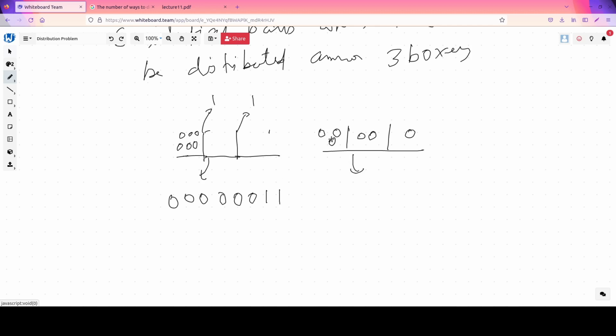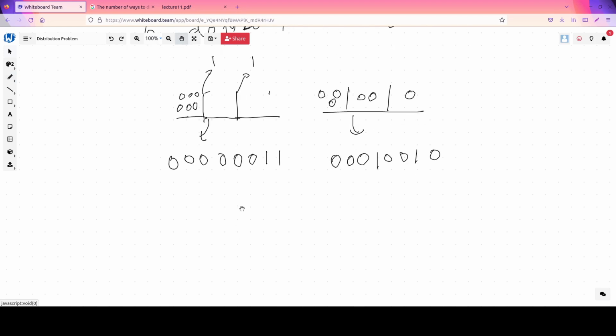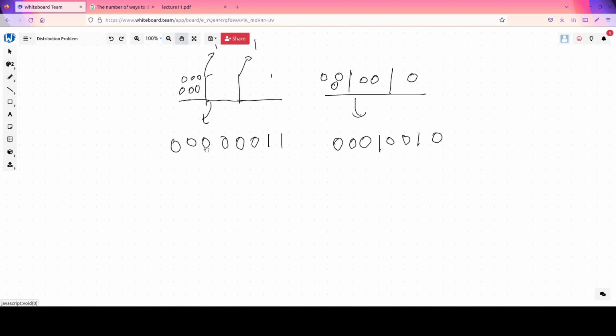Similarly, this one represents three zeros, then one one, then two zeros again, right? And then one and zero, right? So if you pay close attention here, this is nothing but selecting the two ones from 1 2 3 4 5 6 7 8. Similarly here 1 2 3 4 5 6 7 8. So there is a bijection here, that it is nothing but selecting